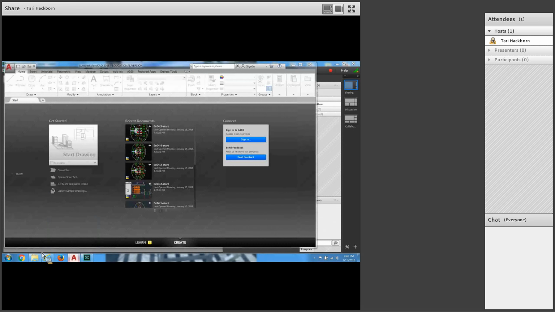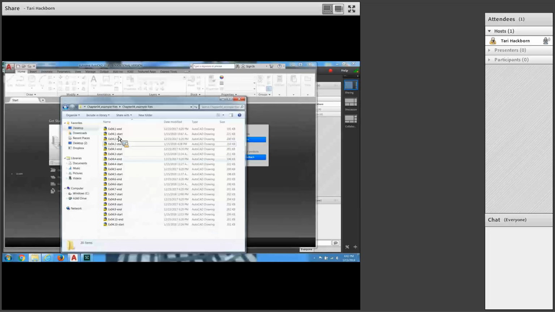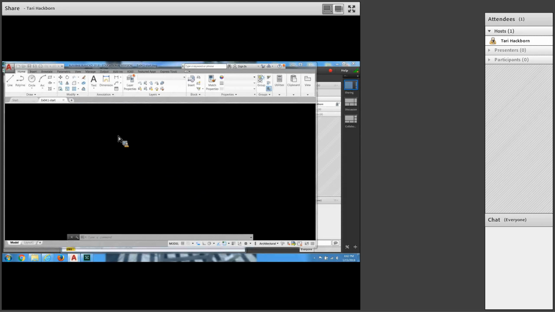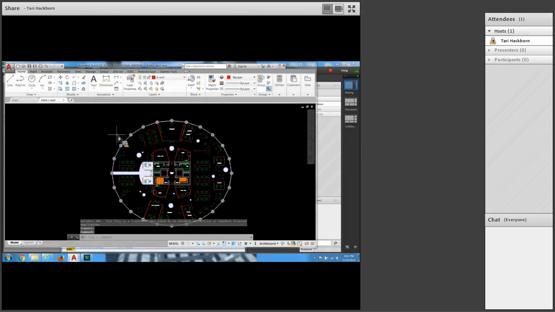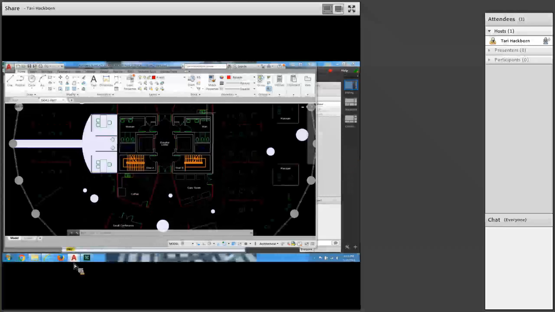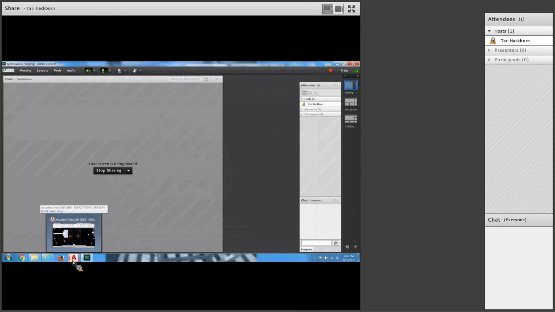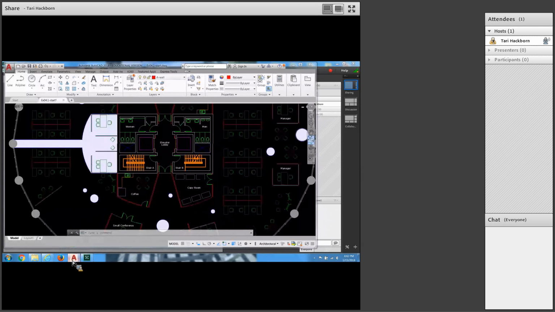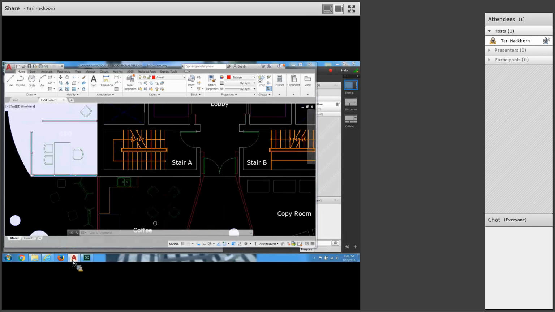Alright, opening the 4.1 start file. And backing up here just to make sure, yes, the microphone is turned on. Great. And it's recording. Okay, I'm zooming in on this stair A here, which it tells me to do in